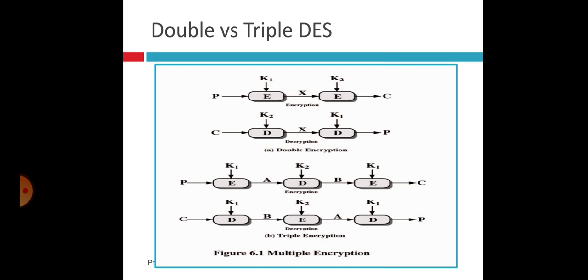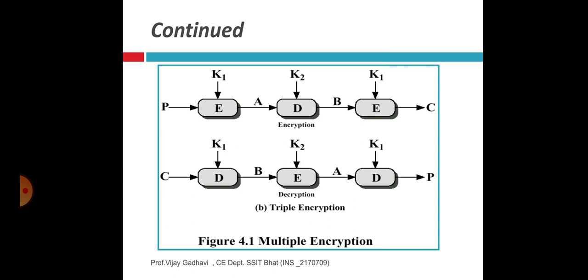Now a comparison of multiple encryption: double DES versus triple DES. It is also seen here in key value, encryption and decryption standard, and we can get the desired output. This is the flow of the entire sequence in triple encryption. Here you must remember the key sizes 56, 112 and 168. There is a large number of key values available in multiple encryption standards.